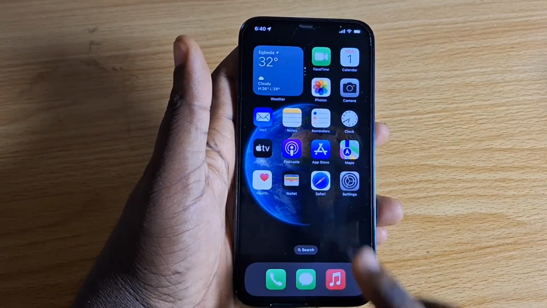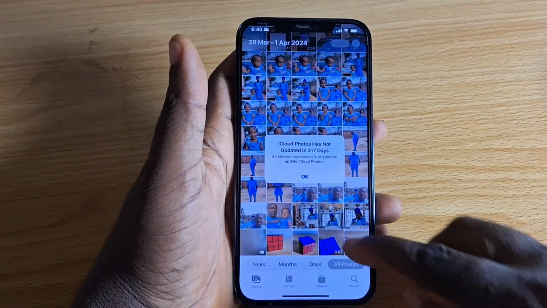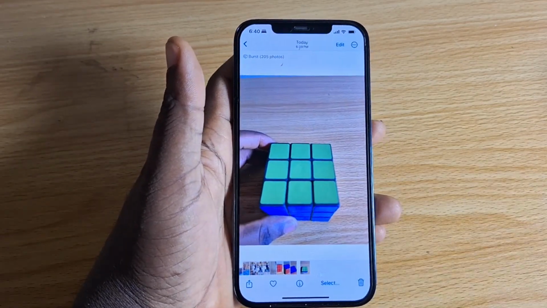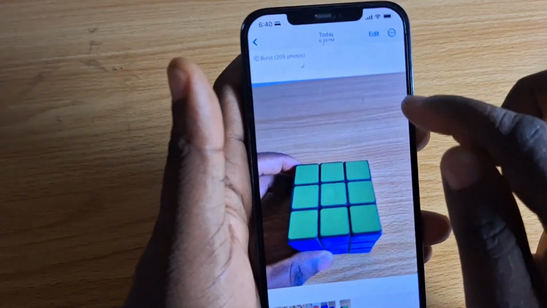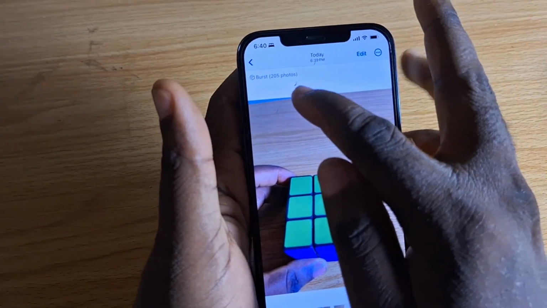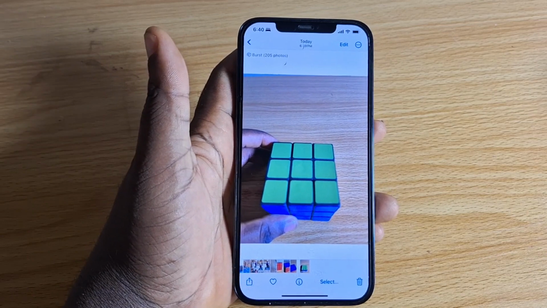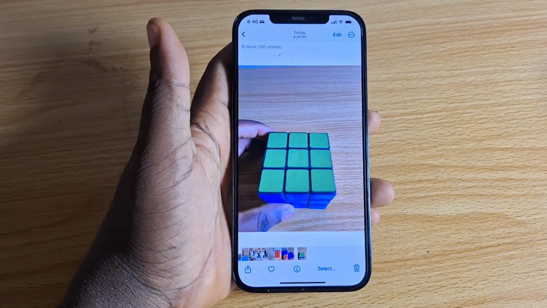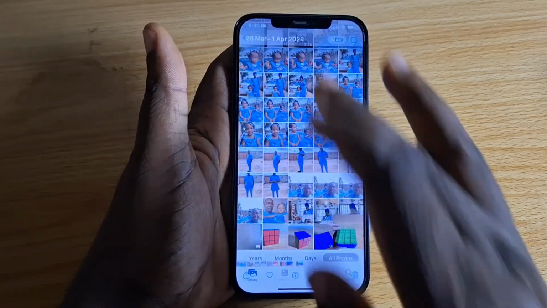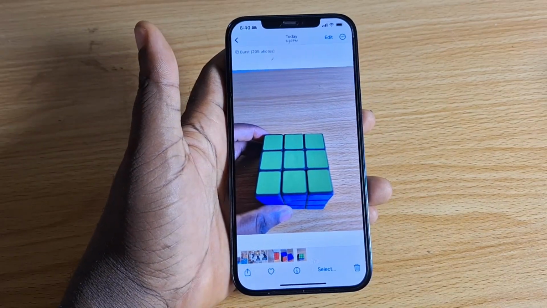Now this is it. Let me go to my photos, and I'm going to open this burst for you to see, and this is it. Now if we check the top here, I'm going to show you something, right? You see this is 205 photos taken with burst mode on iPhone, and this is how you can actually edit your burst mode. Once you open your iPhone, tap on the thumbnail of the burst photo that you took and